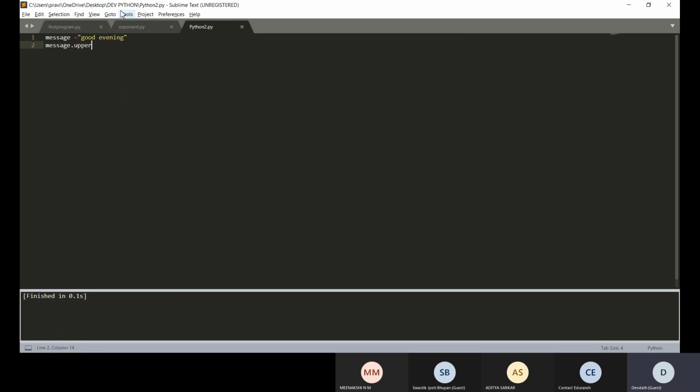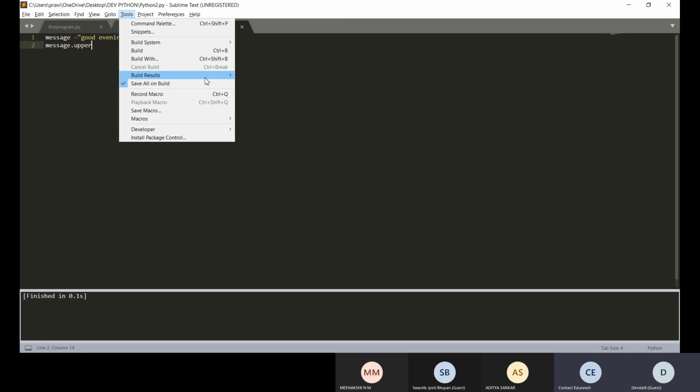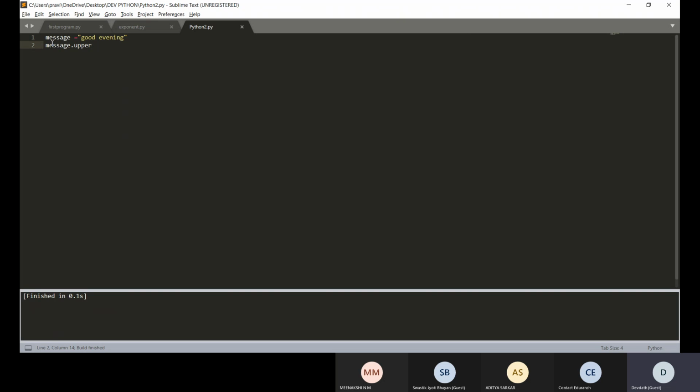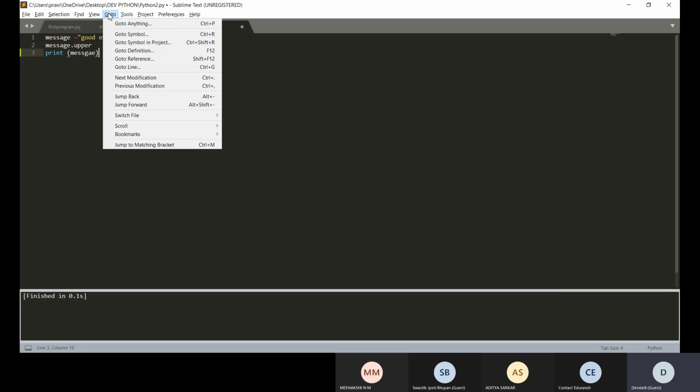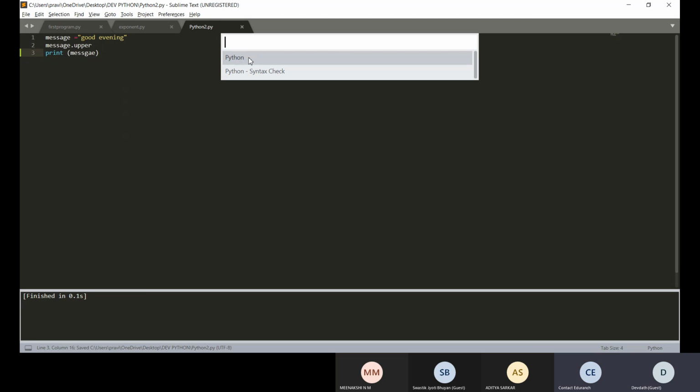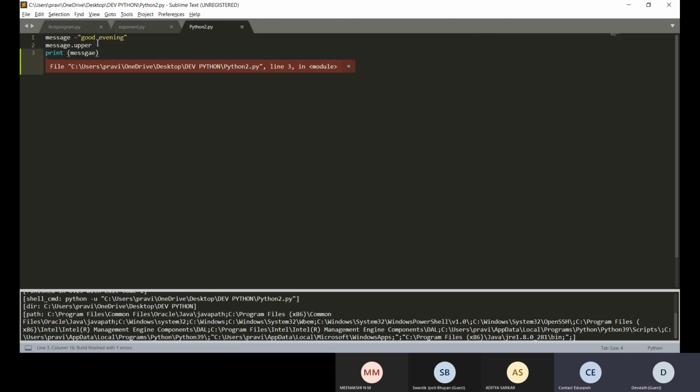Sir, it's not showing. Think why it is not showing. I did not write print. Sir, it's showing error. Okay, I forgot the spelling.